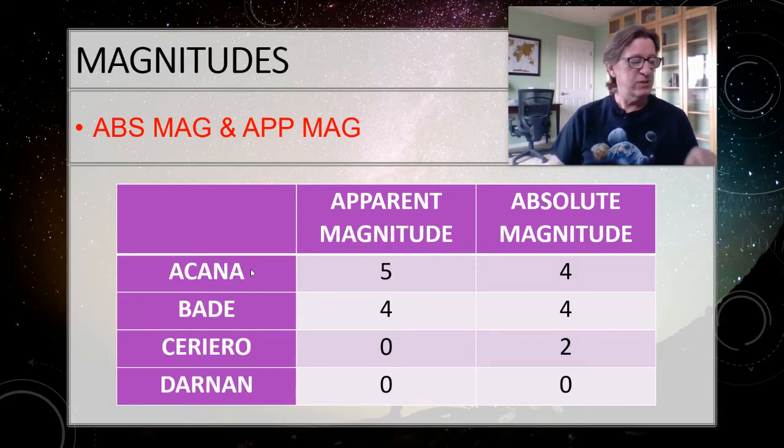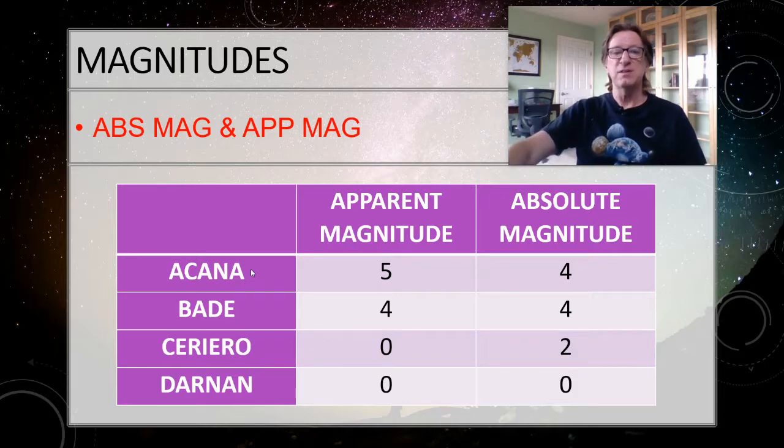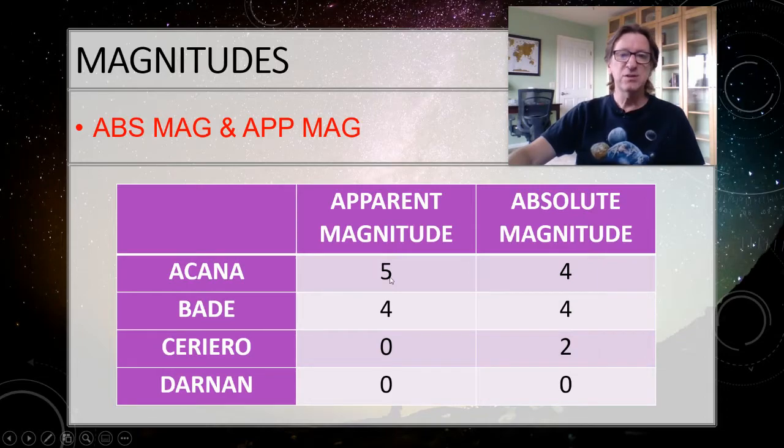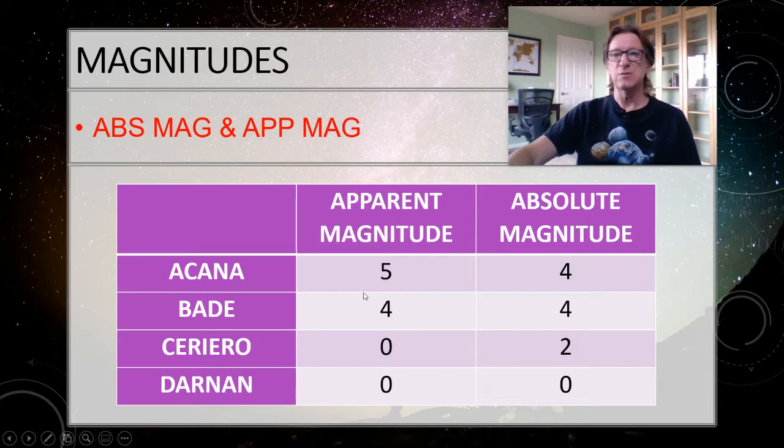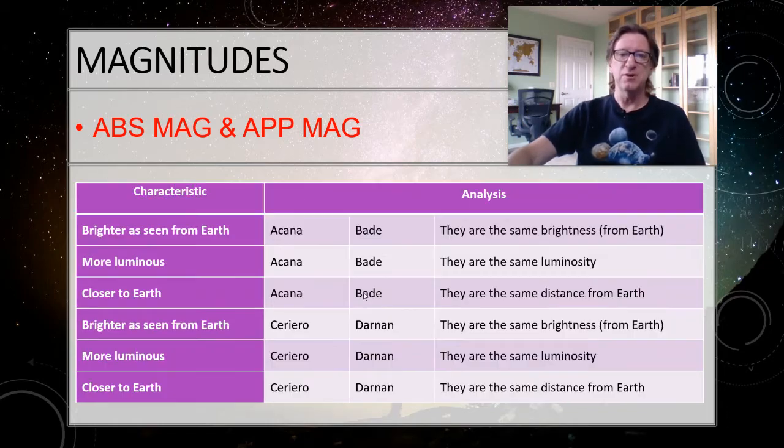So when we look at the stars that you see here, this is also on your class notes, we've got four stars, conveniently called star A, star B, star C, and star D. These are not real stars actually, so we're giving you the apparent magnitude and the absolute magnitude. So let's look at our characteristic chart here. And again, refer back to this. I don't want to keep both slides up at the same time, so refer back to your chart that's on your class notes.